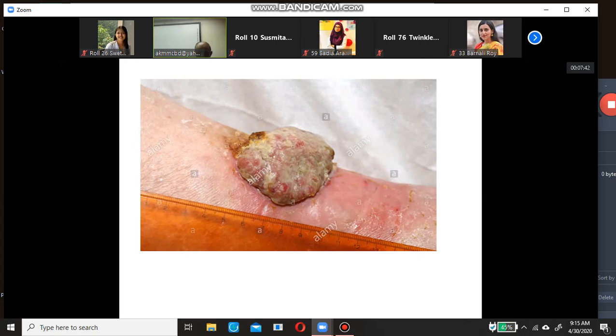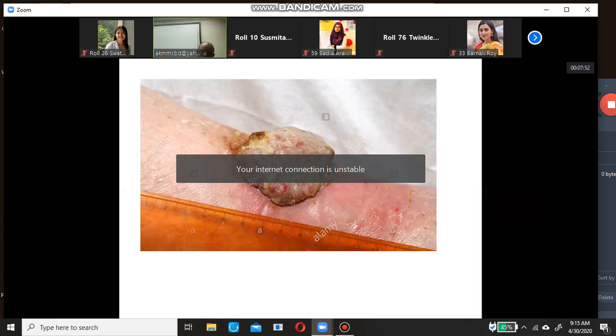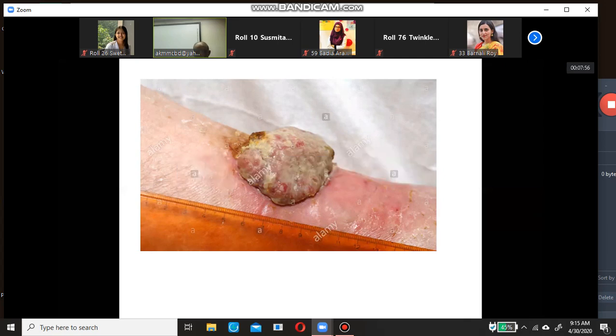Basal cell carcinoma is an eroding malignancy with rolled up margin. Squamous cell carcinoma is an everted, somehow cauliflower-like growth.